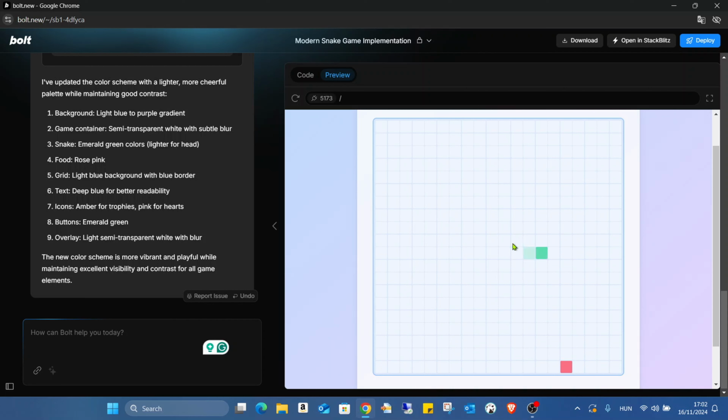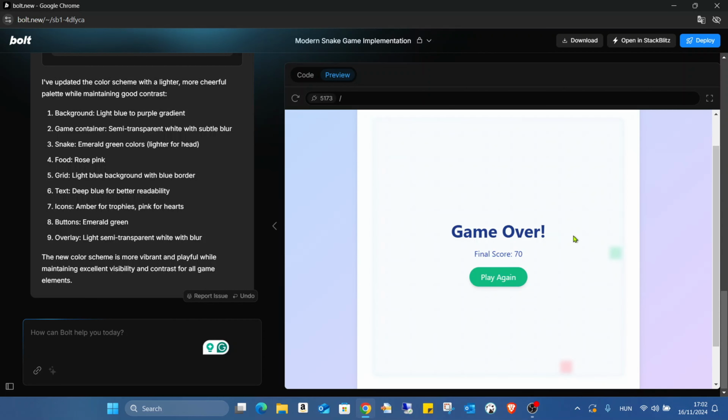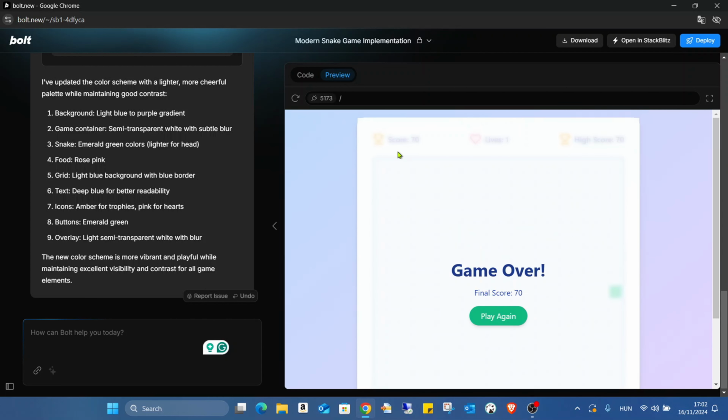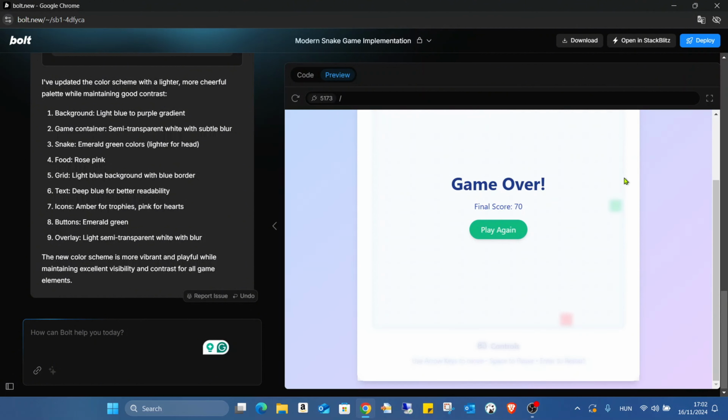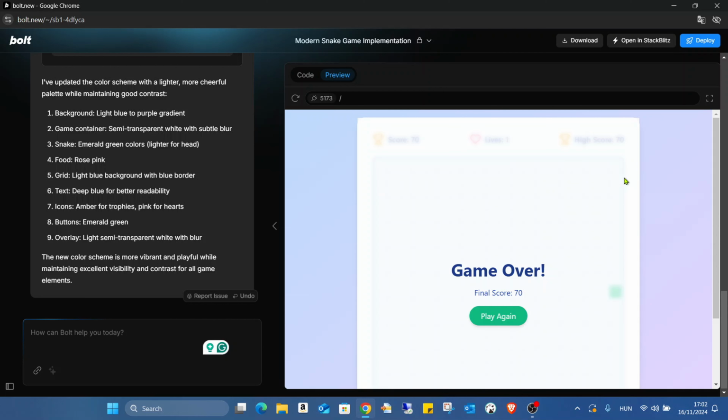Okay, this is the second and the third, and game over. Nice. And as you can see, the high score is also saved. So that's a pretty cool feature. And also the funny thing here, we can download it, or we can open it in StackBlitz,